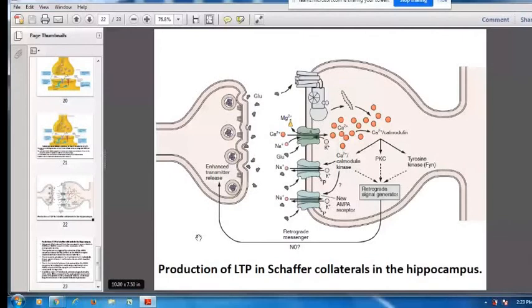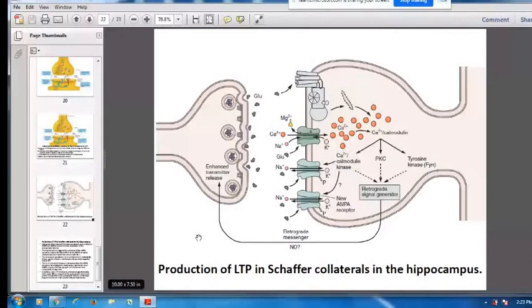So write IMP next to your picture. How many V's do you want to write? Write an IMP. Synaptic plasticity is a very important component of learning. Later on, you will be taught by our respected teachers about learning and memory. Or have you already been taught? No, you will be taught later on about learning and memory.